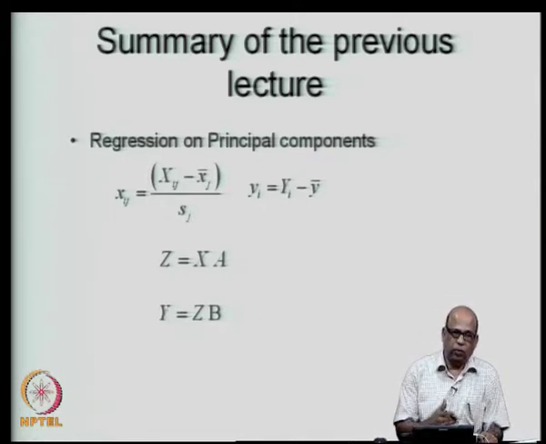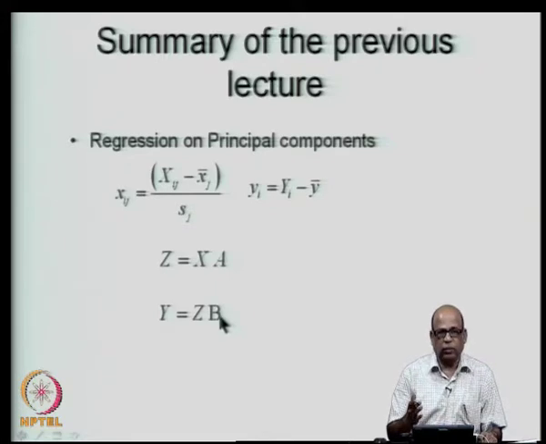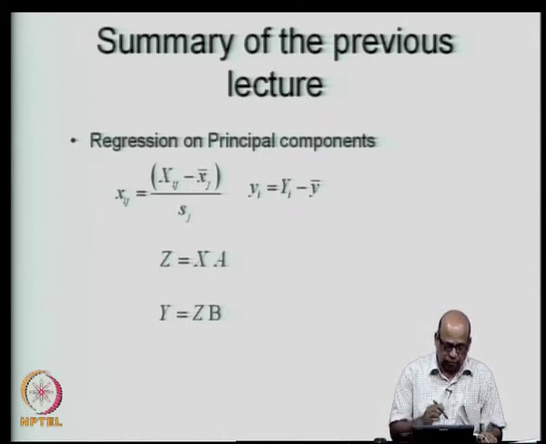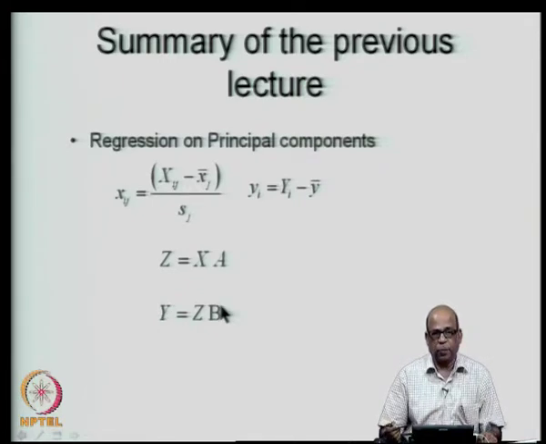So, this is how we regress, and then we have also seen the expression for b, which is essentially the same as what we did in our multiple linear regression, where we regress the original variables x directly, not even a transformation. We used directly the x variables and then regressed y with x.